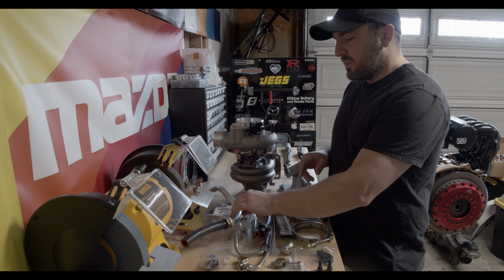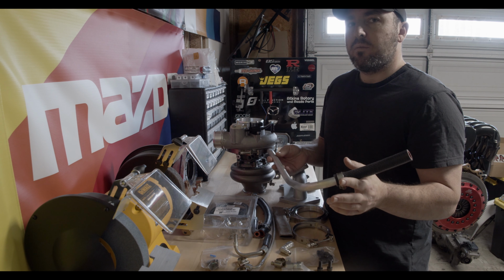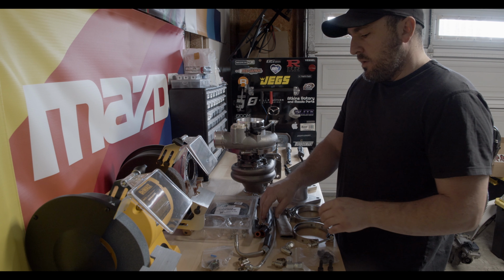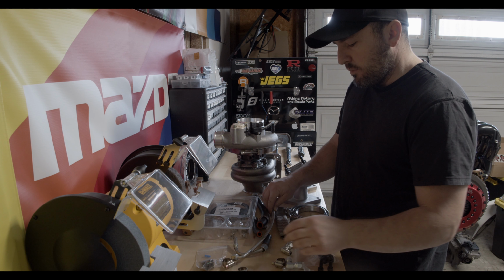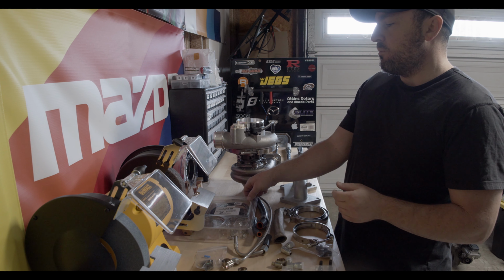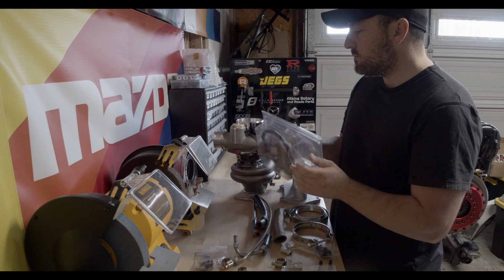Okay, moving on to some of the components that come with the kit. They do give you a heater core hose and pipe. I'm not going to be using this because I've got a right-hand drive car and this won't work for it, so I'm going to be making some custom lines anyway. You've got some additional coolant lines, your oil lines, pretty much all the fittings that you need. It comes with AN fittings, all the hardware, and some heat shielding as well. The Borg-Warner turbo itself comes with some additional hardware, including a bracket for the wastegate,